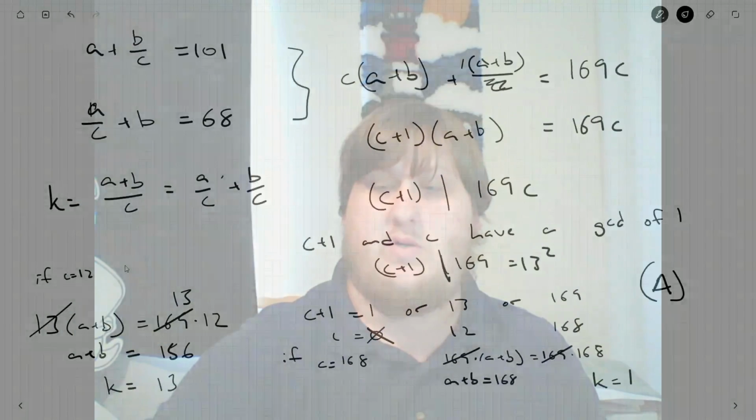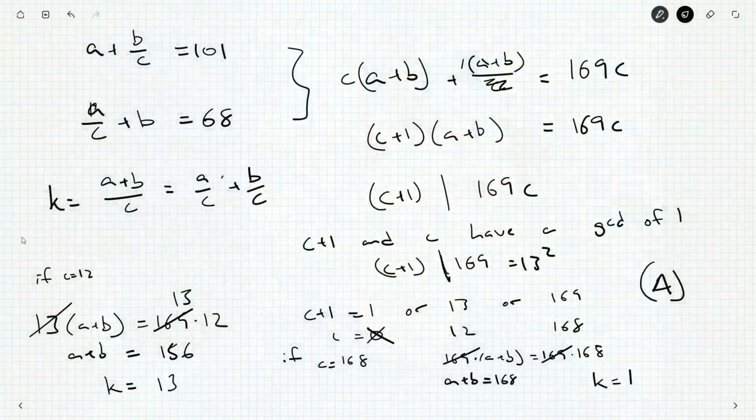Although I'd like to, for a moment, try and figure out why K equals 1 isn't possible. I imagine because we're not going to get solutions for A and B that are positive integers. But let's find out exactly what's going on here. So our answer is A, and if that's all you want, that's okay. You can head on to the next question, but